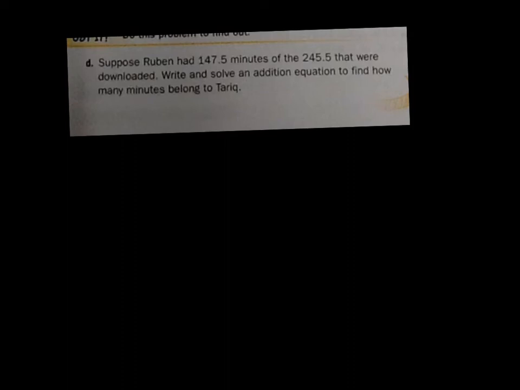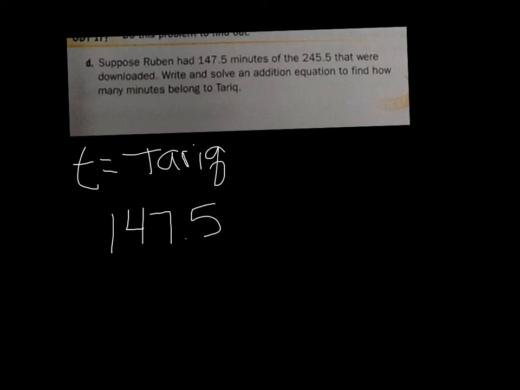You can follow along with me on page 527. This is letter D. Suppose Ruben had 147.5 minutes of the 245.5 minutes that were downloaded. Write and solve an addition equation to find how many minutes belong to Tarek. So I'm going to say T is for Tarek when I'm going to write my equation. And we've done this before. To write my equation, it says 147.5 minutes are Ruben's, and if I add Tarek's minutes to that, I should get